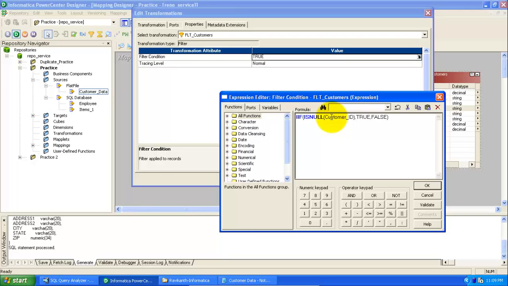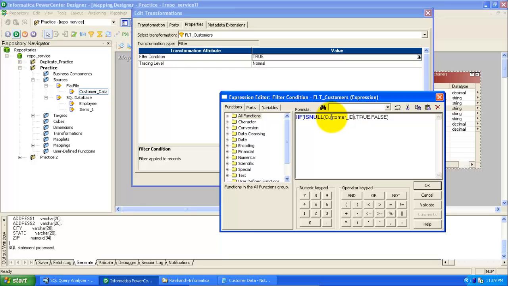So what is my filter condition? If the customer ID is null, then pass the value to the target table.